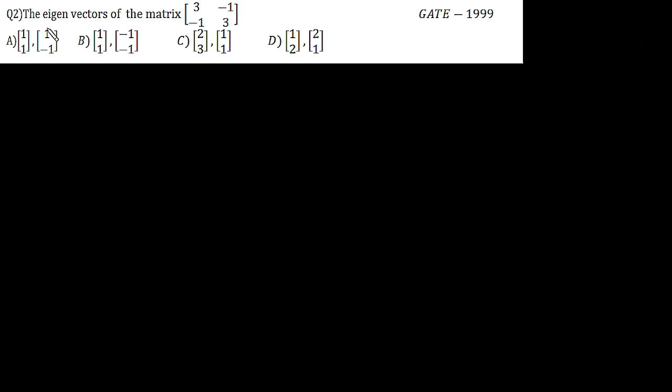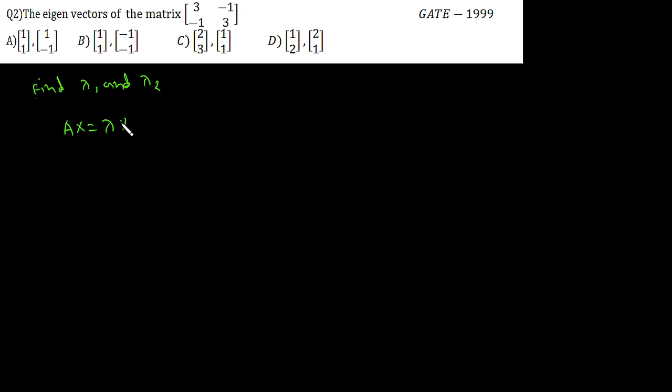Okay, now let's move to question number 2. Question 2 says the eigenvector of a matrix. We have a 2 cross 2 matrix, and they are asking about the eigenvectors. So we can go by the usual process, which is to just find the eigenvalues, let's call them lambda 1 and lambda 2, and then we have to compare this